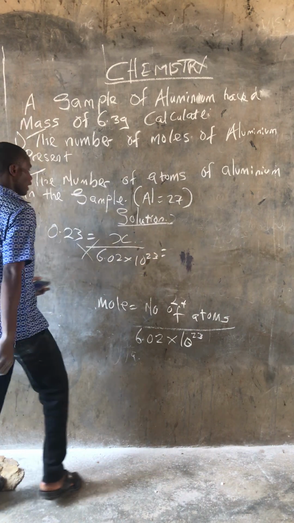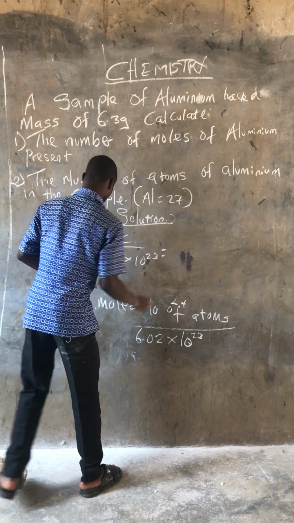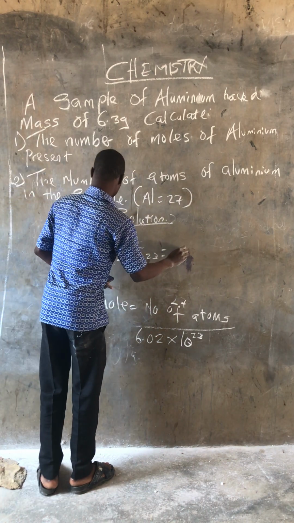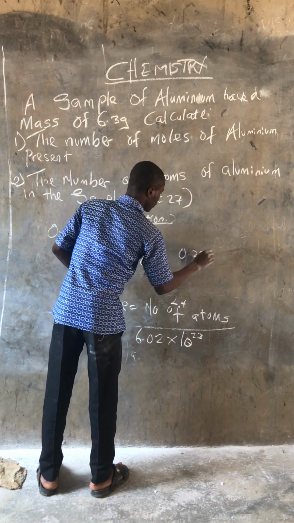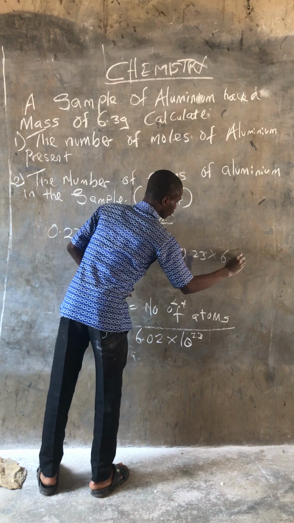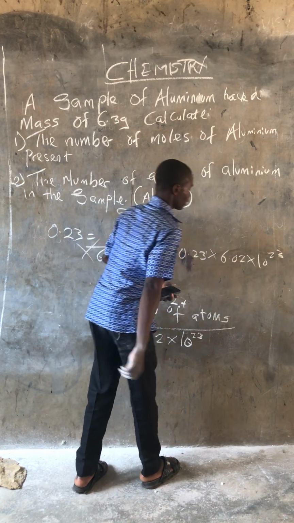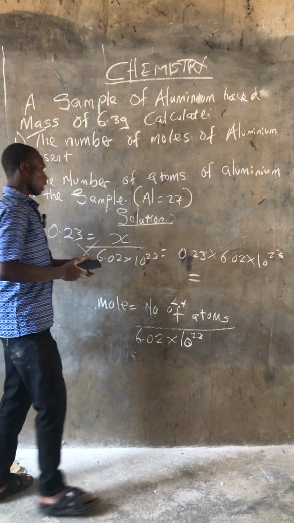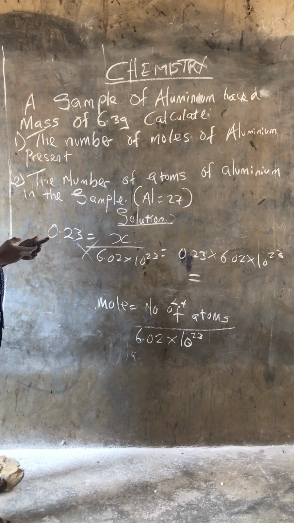By cross multiplying, our x is equal to 0.23 times 6.02 times 10 raised to the power 23. So our number of atoms of aluminum in the sample will be 0.23